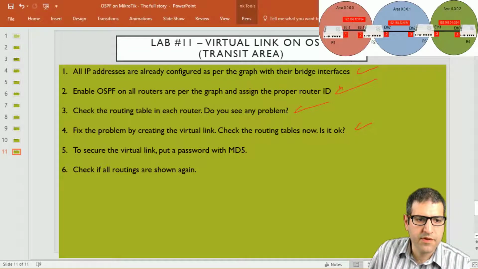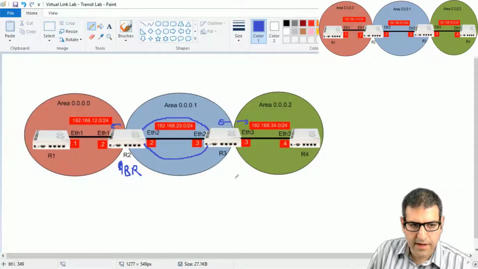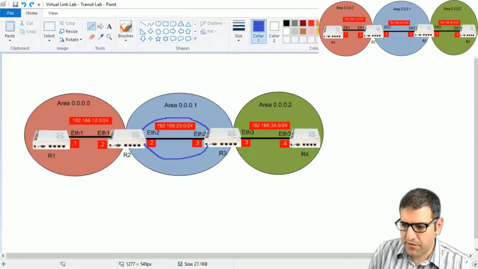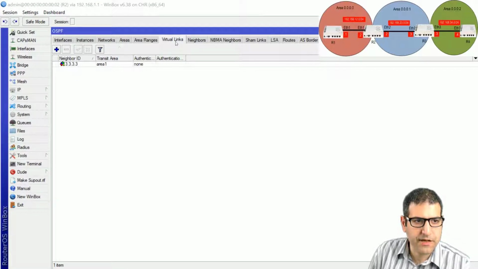To secure the virtual link, put a password with MD5. So if we look here again, when we were doing the virtual link, it was without any password. And that's some type of security issue that we may face. That's why we can also, on MikroTik, put a password. So the neighbor routers which are doing the virtual link together should match the same password in order to form the virtual link. Okay, to do that we have to go to router 2 again, and inside the virtual link